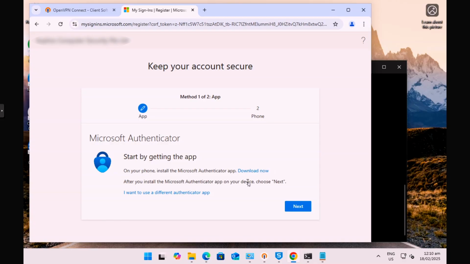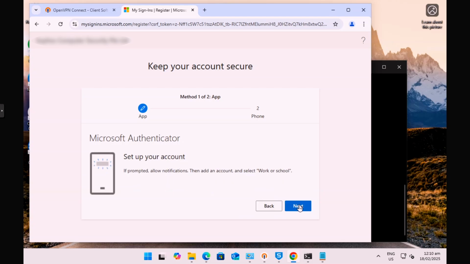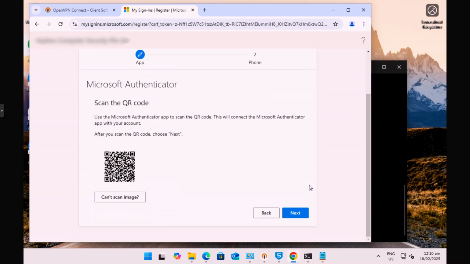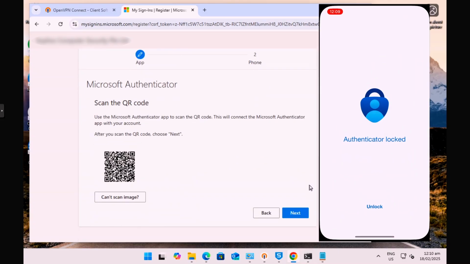This page is telling us to download Microsoft Authenticator app, which I have already installed on my mobile phone. Click Next. To allow notification, we can select work or school when adding an account. Proceed to Next. We are required to scan the QR code and will launch Microsoft Authenticator app on our mobile